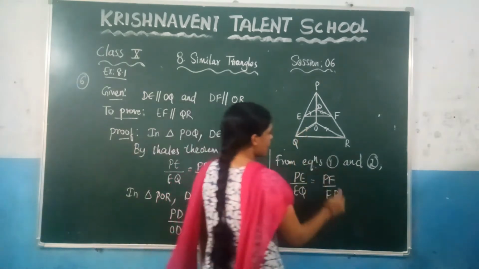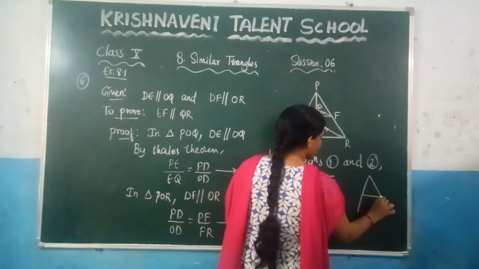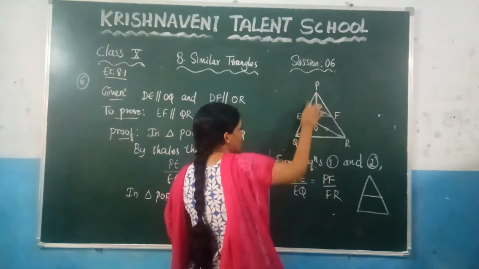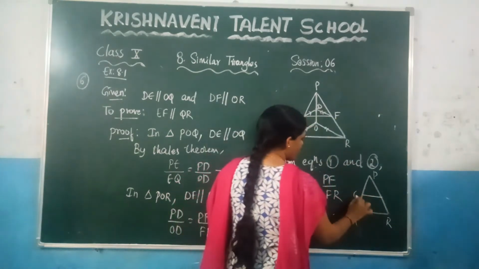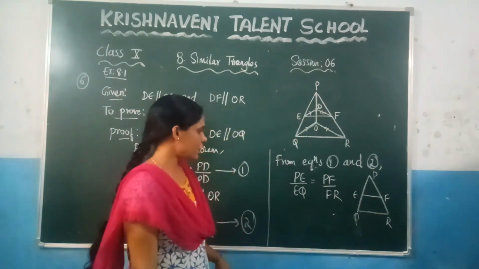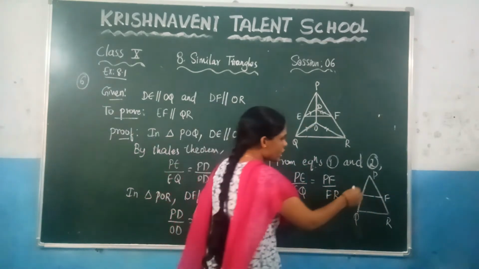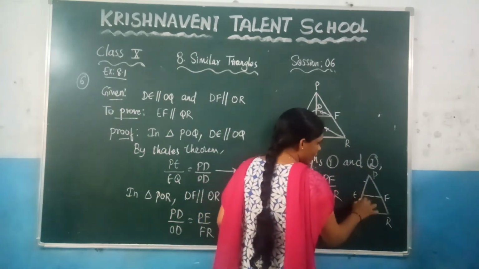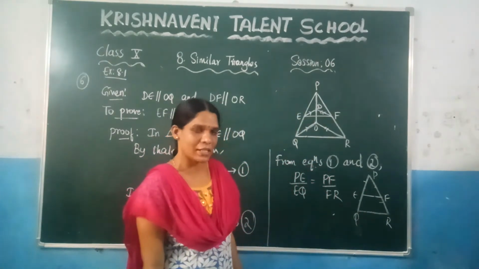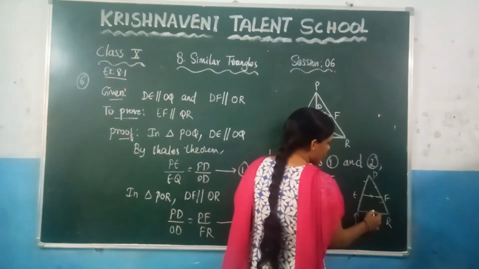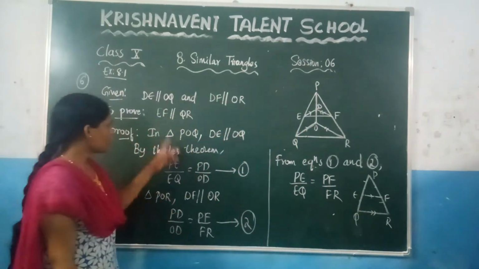So let us consider, I am drawing again separately the whole triangle. What they have given is PQR, write it here PQR, and the length given here is EF. So at last what we got here is PE by EQ is equal to PF by FR. That means the two sides of the triangle are divided into the same ratio. So by the converse of the basic proportionality theorem, this line is parallel to the third side. So we can say that EF is parallel to QR. That is what you need to prove here.